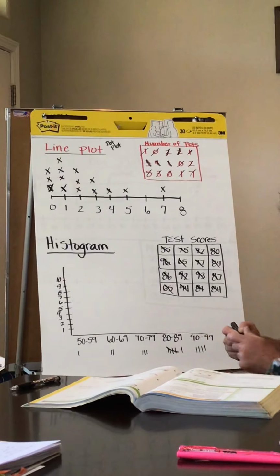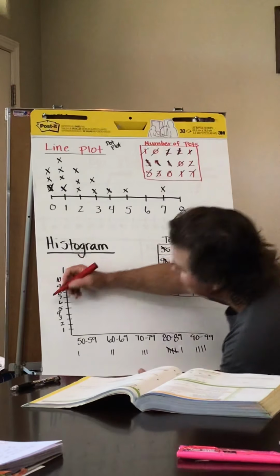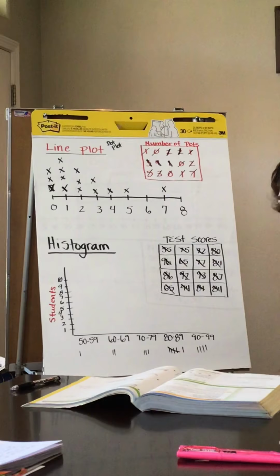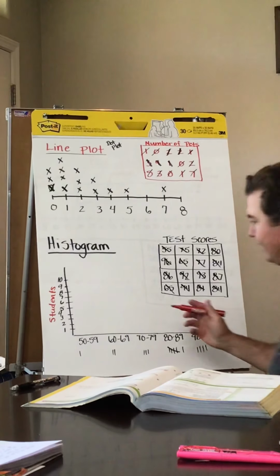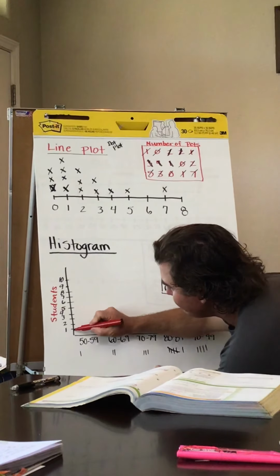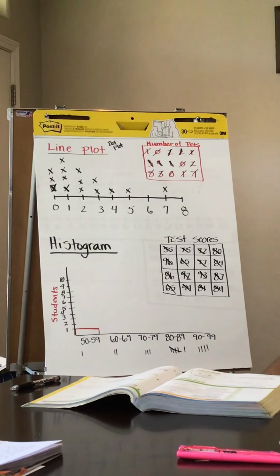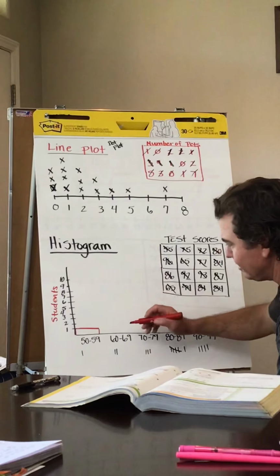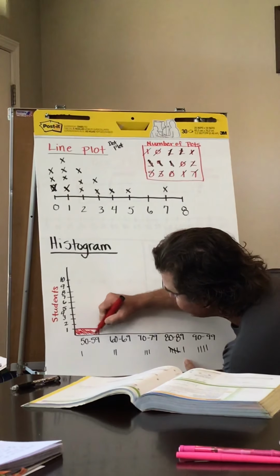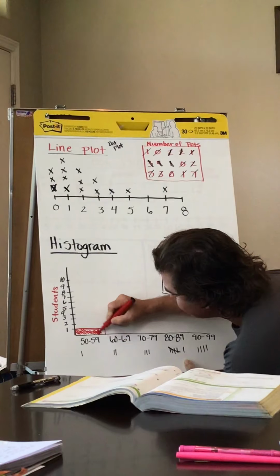So, for my bar from 50 to 59, how many students, these would be the students over here, how many students got between a 50 and a 59? One. So my bar is going to go up to 1. That's it. Okay? There it is. Now, most of the time on a histogram that you'll see in your textbook, these bars are touching. You don't have space in between them. Okay? Sometimes when we draw them, we get a little space in between them, but most of the time they're